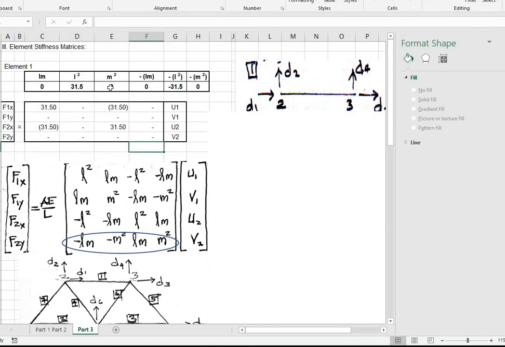Next is, dito tayo ngayon sa F1x, F1y, F2x, tsaka F2y. Skip muna natin ito. Let us now go to the displacements dito. U1, V1, U2, V2. Yung subscript na 1 tsaka V1